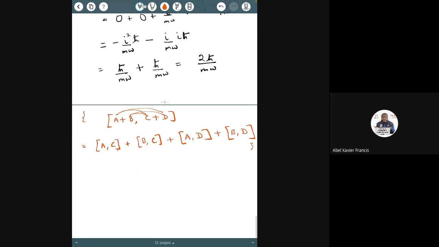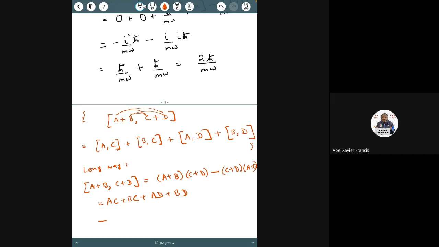Because if you had opened it out, then you would have got what? So the long way is (A plus B) comma (C plus D). That is equal to (A plus B) into (C plus D) minus (C plus D) into (A plus B). Right? This you know. And then you would have got AC plus BC plus AD plus BD, and then minus,